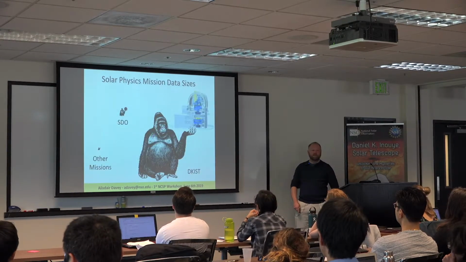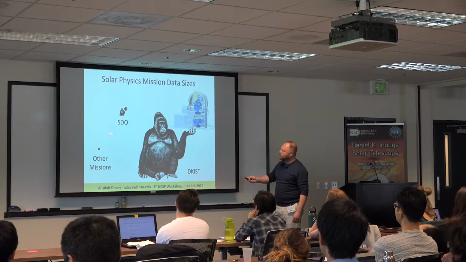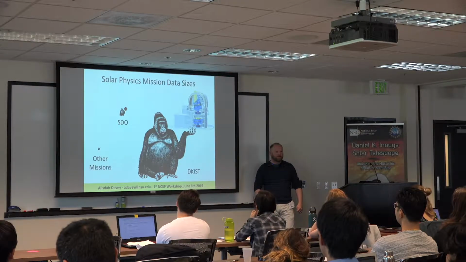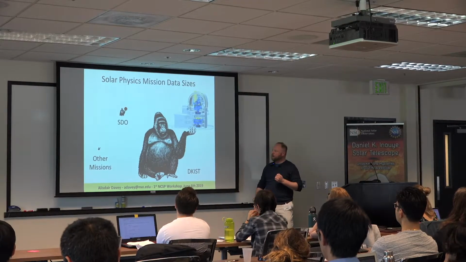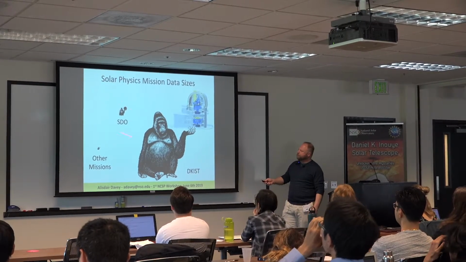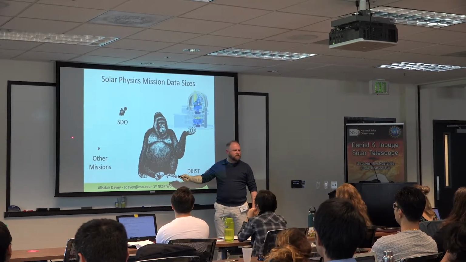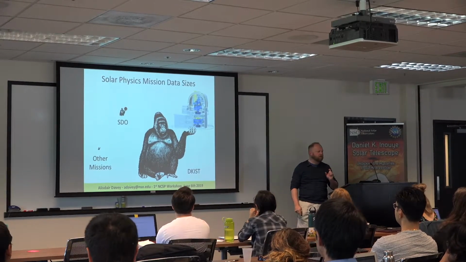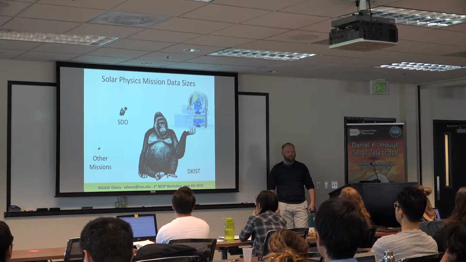However, for the truly visual people out there, I present you this one. If you've ever seen me give a talk, you will have seen this little chap before. This is my 800-pound SDO gorilla in the room, because I did a lot of talks on dealing with the data from SDO. And a lot of the challenges are in some ways similar, just scaled up massively for DKIST. So he's no longer the 800-pound gorilla in the room. This is the rest of solar physics, by the way, all the data in solar physics from all the missions ever. It's roughly to scale. I wouldn't argue it's completely to scale, but it's roughly to scale. This is DKIST. It's big, really big.